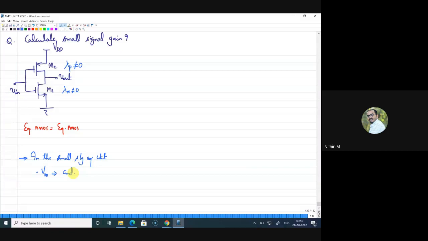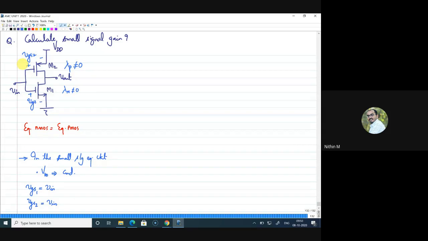Now, if you look for VGS, so this is VGS. So VGS of NMOS, I'll call this as VGS1. VGS1 is directly Vin. Now if I'm writing it as VGS2, VGS2 is also Vin. Why VGS2 is Vin? Because source end is grounded. So if I mark this as VGS2, then VGS2 is also equal to Vin because source is grounded in the small signal equivalent circuit. So I have just made those two observations. VGS1 is equal to VGS2 is equal to Vin.